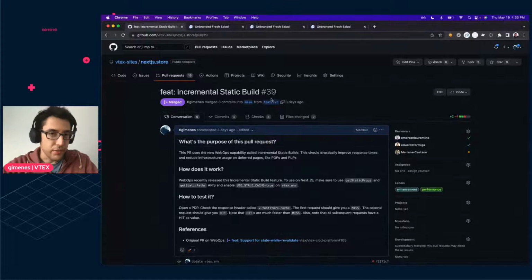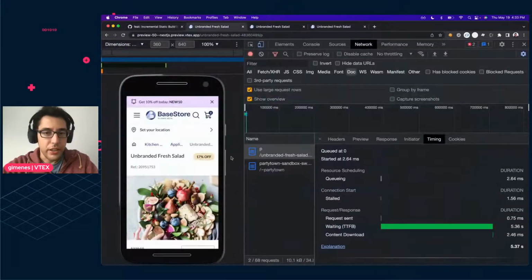So what are the benefits of doing this? Here I prepared an example for you guys. This is a product page from our starter. I opened this network tab and filtered by document so I can see the HTML being downloaded. Then I opened this timing tab that shows how much time it takes to download the HTML. Here you can see that the browser waited for about 5 seconds before being able to